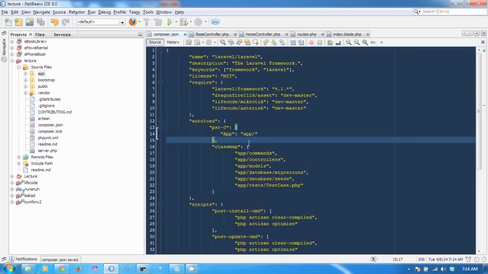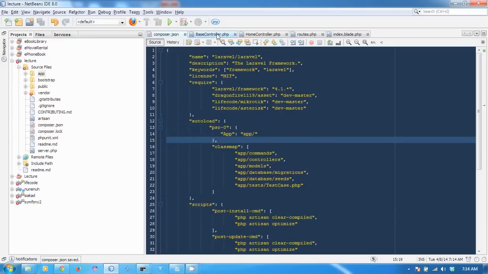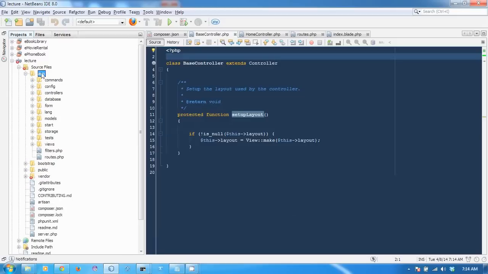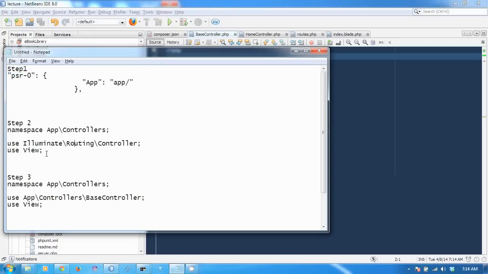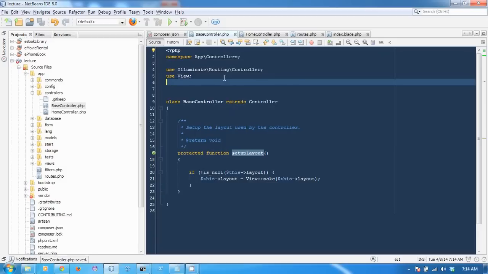after we declare it in the autoload, the second step is we go to the file BaseController. So the file is in app controllers, the BaseController. Okay, and then after that we need to write the syntax.